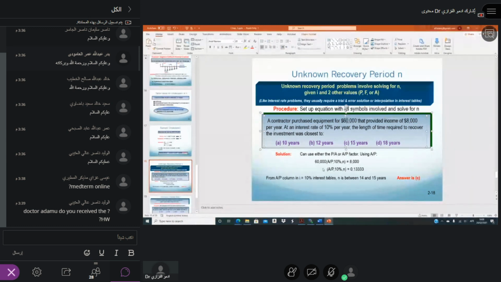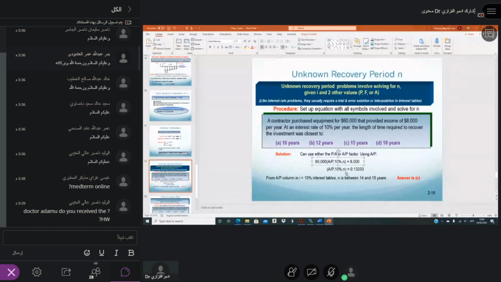That is the money he used to purchase the equipment. That provided an income of $8,000. So the income the equipment is providing is $8,000, so you just equate it with this. Every year he's getting this. So at an interest rate of 10%, that is your I, the length of time required to recover the investment was